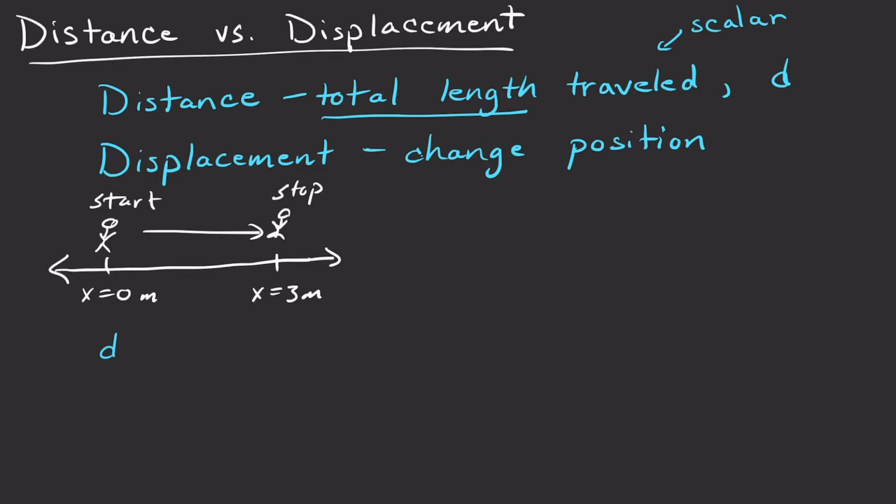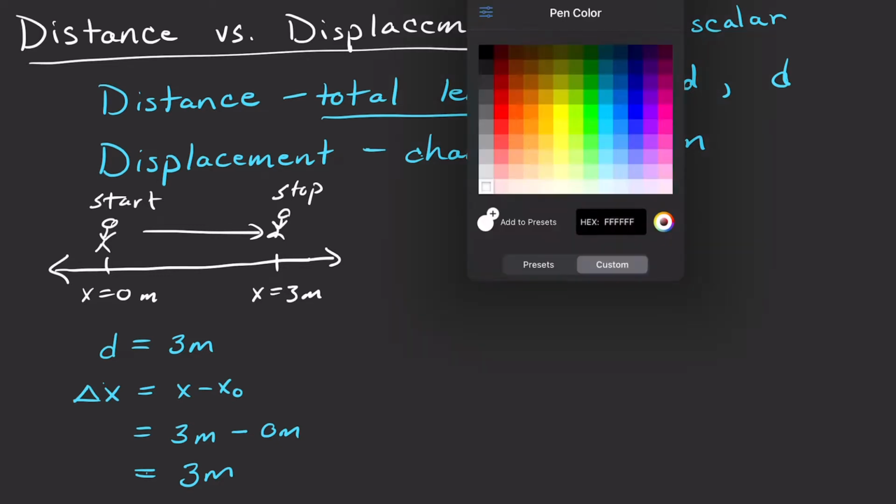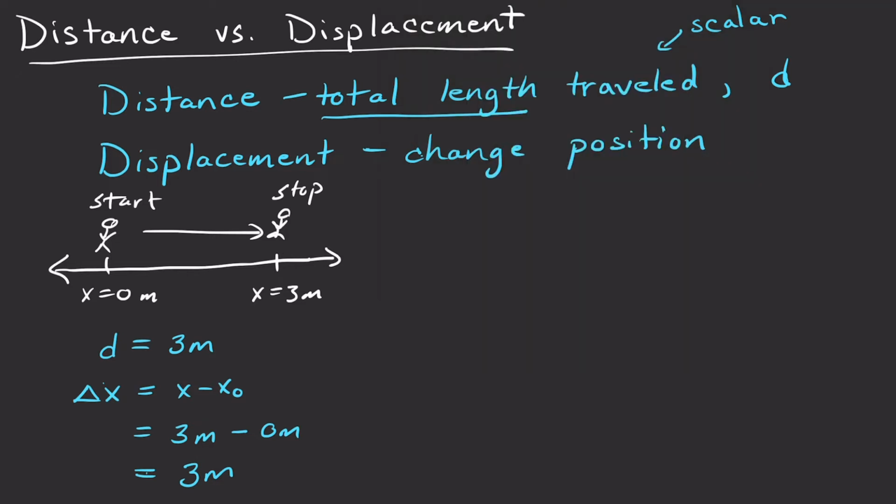Well, the distance is pretty clear. They moved 3 meters. And the displacement, well, this is final minus initial, or they ended at 3 meters and started at 0. So their displacement is also 3 meters. So in this case, the displacement is equal to the distance. And so these cases are what makes it really easy to get them confused, because just because it's equal in this scenario doesn't mean it's always equal. So let's take a very similar example